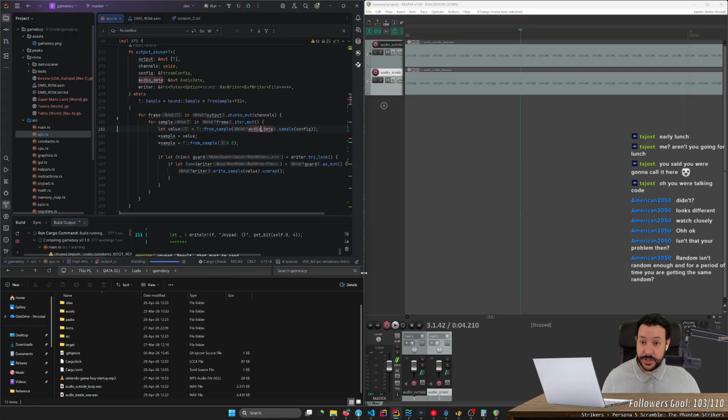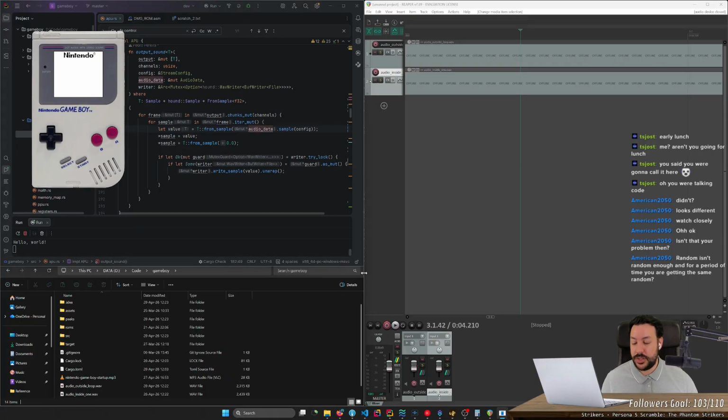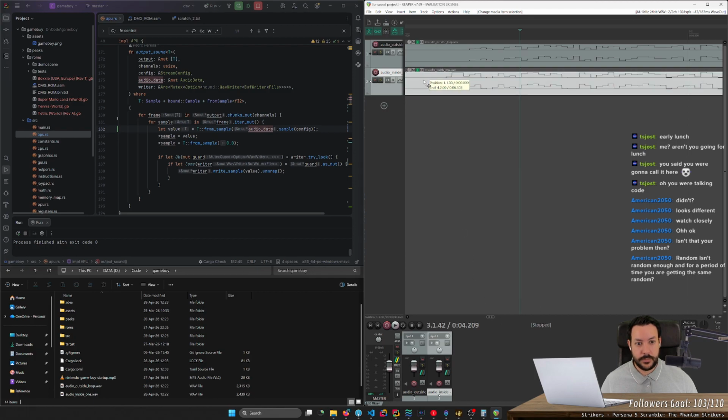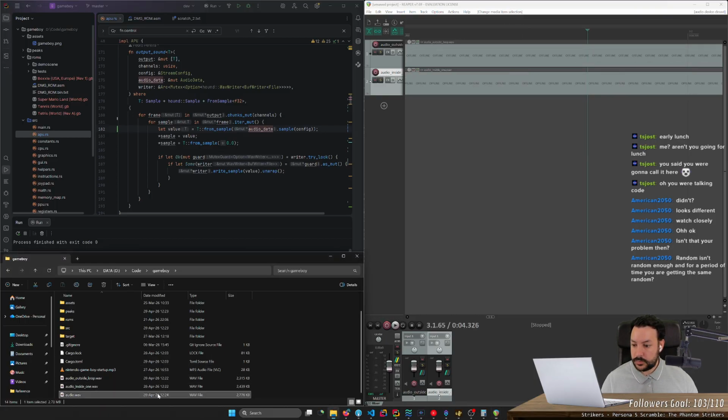And spoiler alert, it's not gonna change very fast. Kind of starts like this. Audio inside both.